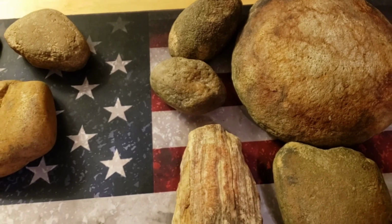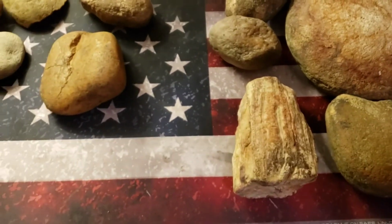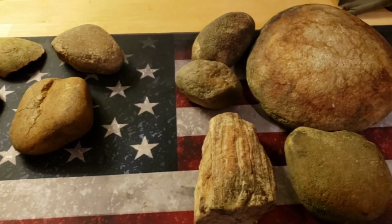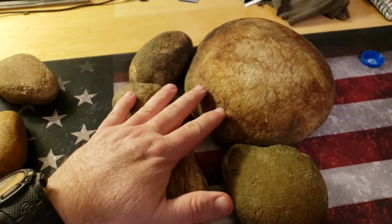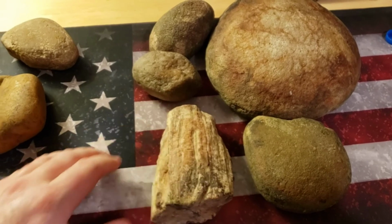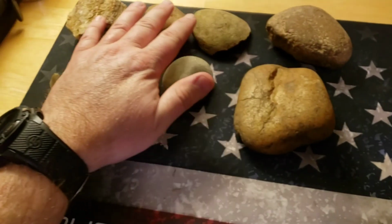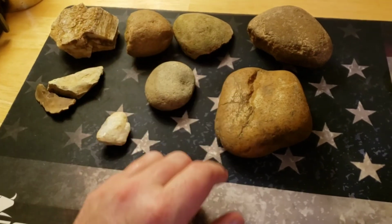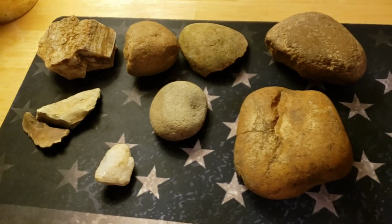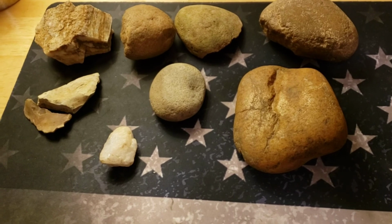Alright, I'm going to try and do a real quick wrap up of the stuff found over the last 3 days. So anyway, this pile is from the first day. Me and my daughter went down there, and then this stuff was today with my dad. This was the third day. The second day, I didn't really find anything. I was down there by myself all day, and